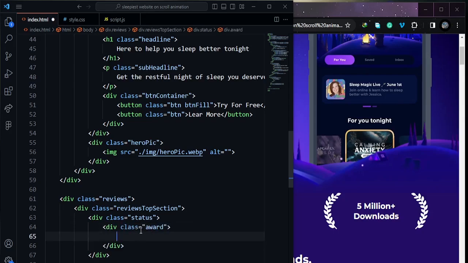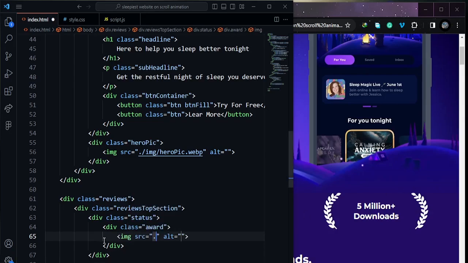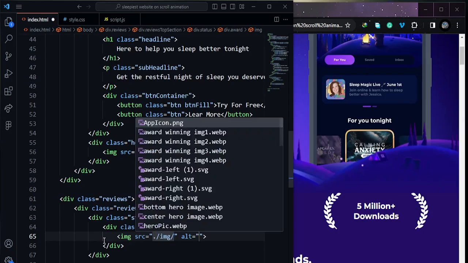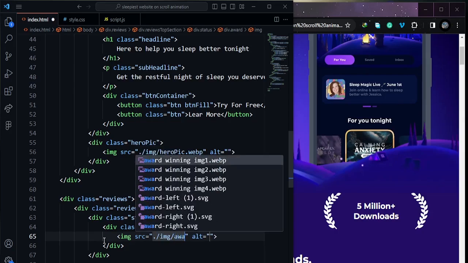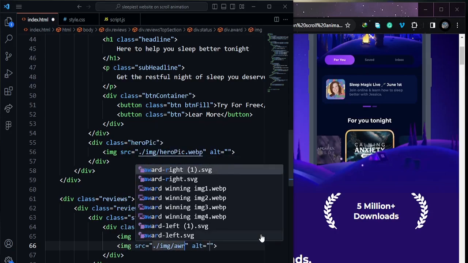Inside this award container I'm going to import these images, the award left and the award right, from the image folder: award left, and copy and import award